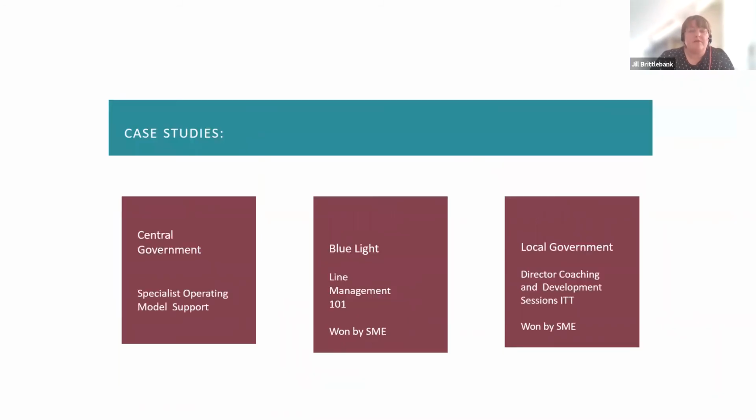And then I just briefly want to talk around 3 case studies of specific projects that we've been supporting through the framework. So first of all, a central government department has launched a transformation program to make it the best and most effective organisation it can be. They have 3 objectives. So first of all, delivering the best possible outcomes for customers and the communities, as well as their ministerial team. Secondly, becoming a genuinely great place to work,